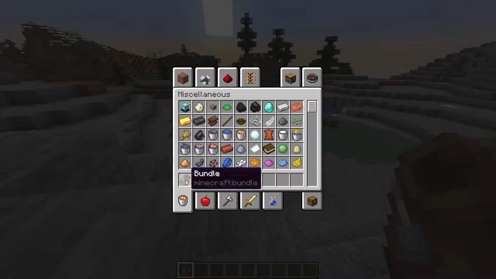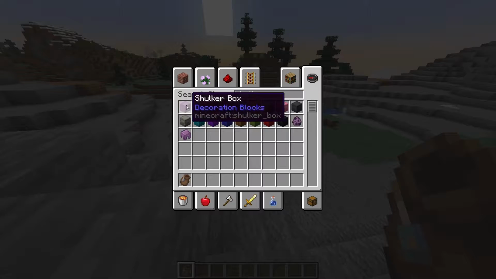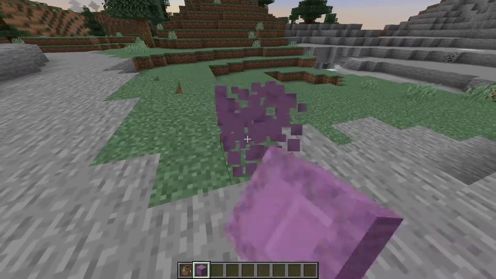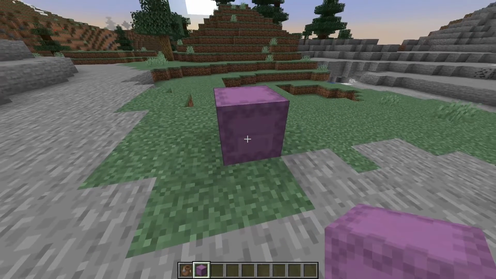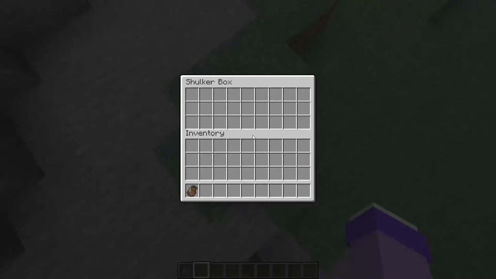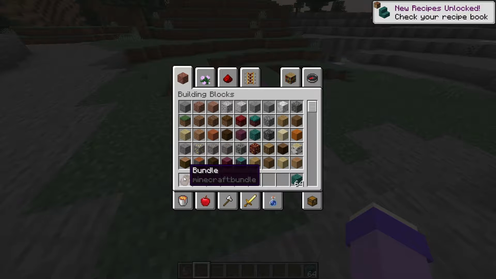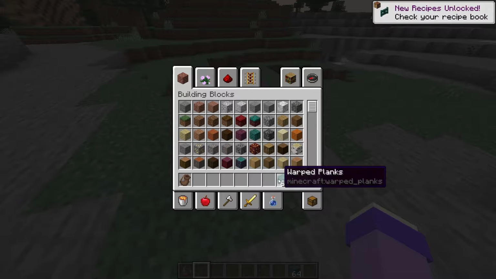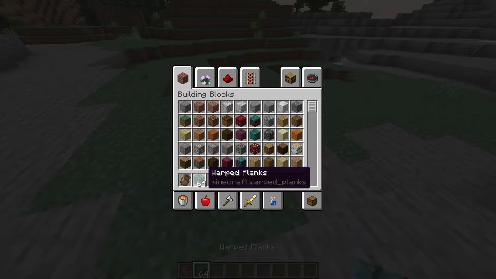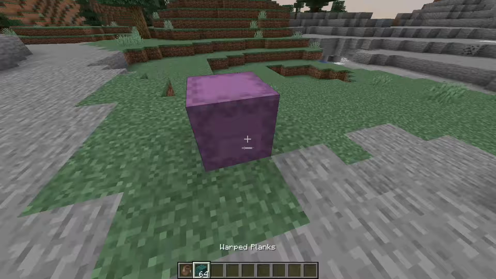So now we have a new item, which is the bundle. So you can think of bundles as like a shulker box, where you can store the item and you can break it and bring it with you. So the concept is a little bit different, but it serves the same purpose. So one of these bundles can store 1 stack worth of items, so that means you can store a full stack of the same item like this, I think,